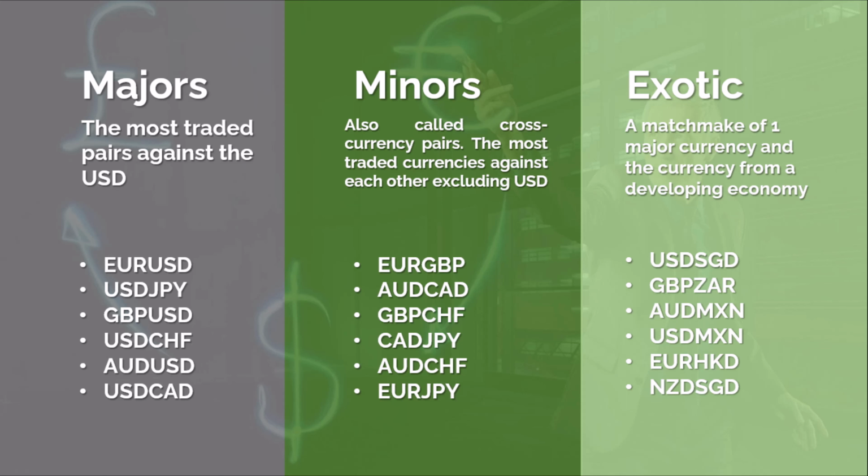So when you have pairs like USD/SGD, AUD/MXN, EUR/HKD, you can call them the exotic pairs. So what are the characteristics of the exotic pairs? The exotic pairs are not that volatile, they don't really move that much, and because they are not always traded, they tend to have a high spread. So when you are buying and selling something, you don't buy and sell at the same price. The gap there is always wide, and